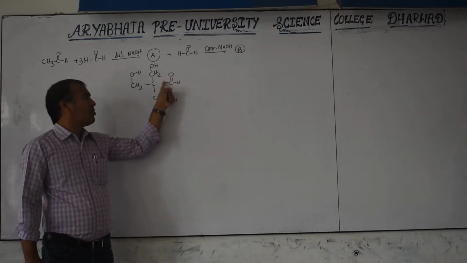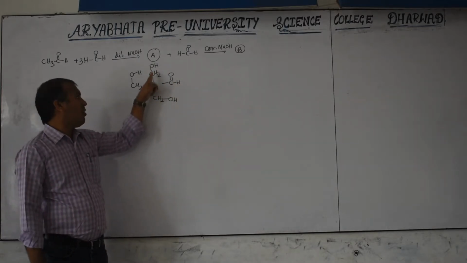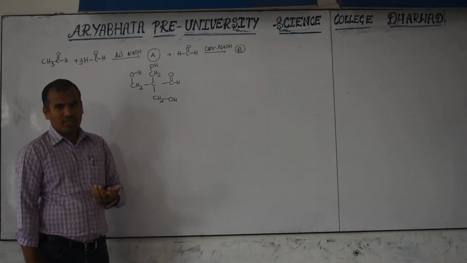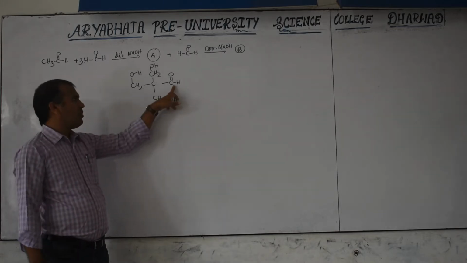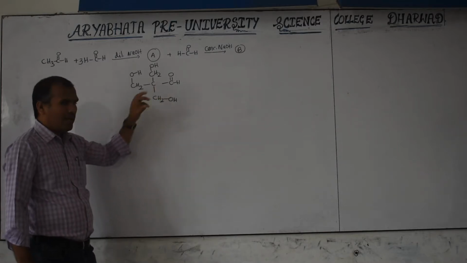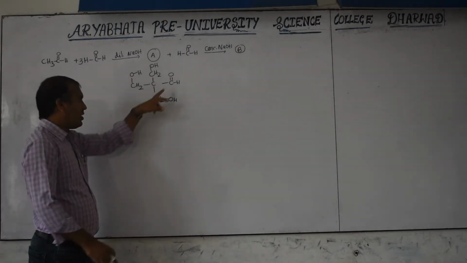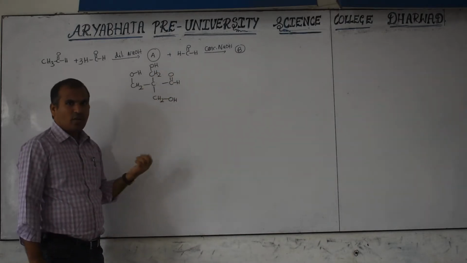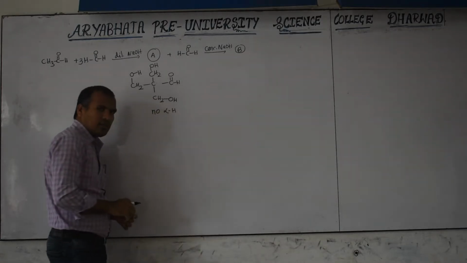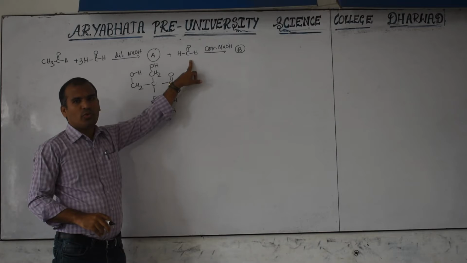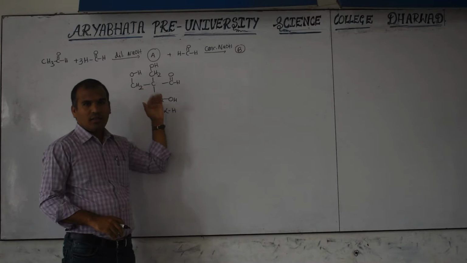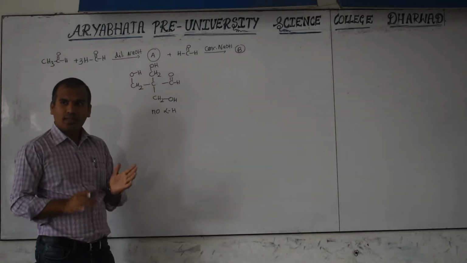Now, this has functional groups: this aldehyde, and these alcohols. When alcohol and aldehyde are both present, which is the first priority group? Aldehyde. This is the first priority group. The next carbon is the alpha carbon. Is hydrogen present at the alpha carbon? No. That's why this is a no alpha hydrogen aldehyde. This is also a no alpha hydrogen aldehyde. So now which type of reaction is this? Cannizzaro reaction. Which Cannizzaro, self or cross?